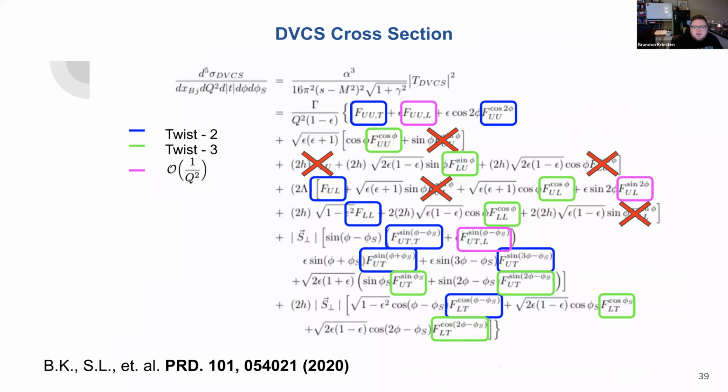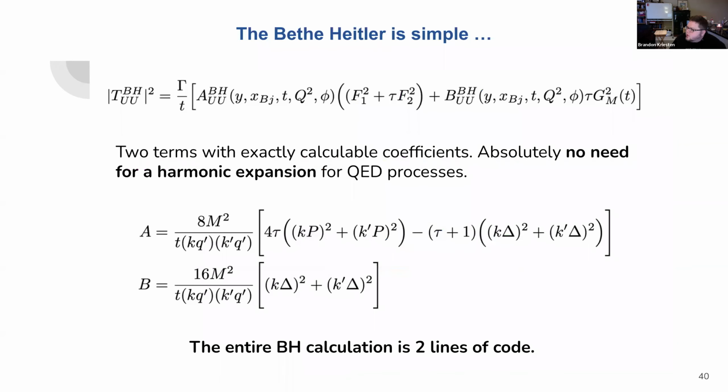And so you can write the DVCS cross-section in a very nice way. It's very reminiscent of, for instance, TMDs, in which you can identify all the various contributions at leading twist and subleading twist, and even further suppressed by Q-squared. Also you can identify, for instance, parity violating pieces that should be zero, so we don't consider them. So that's the DVCS cross-section, pretty simple.